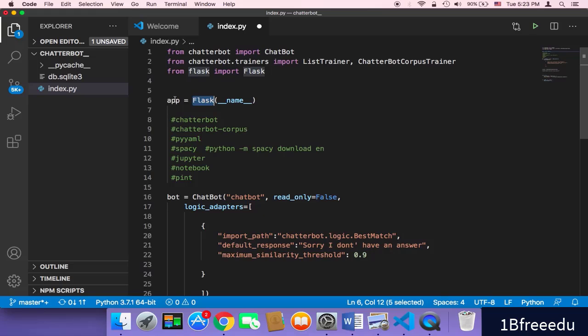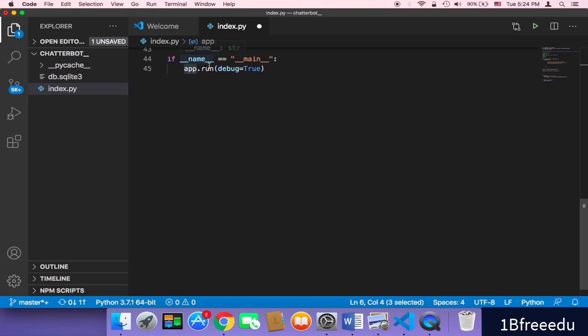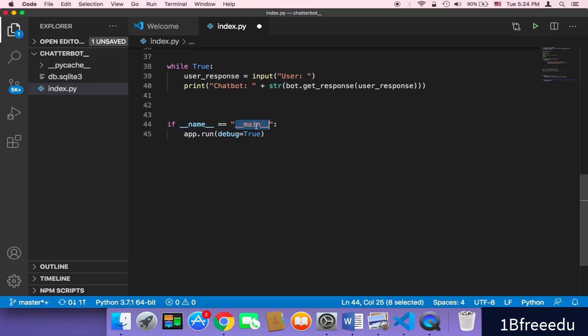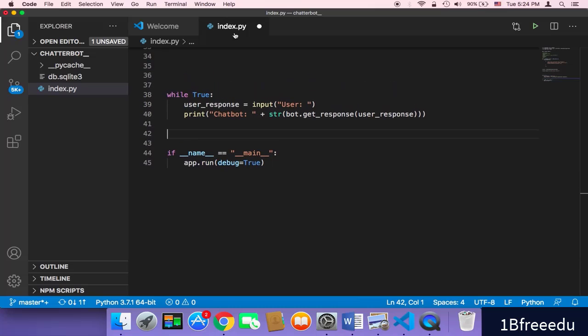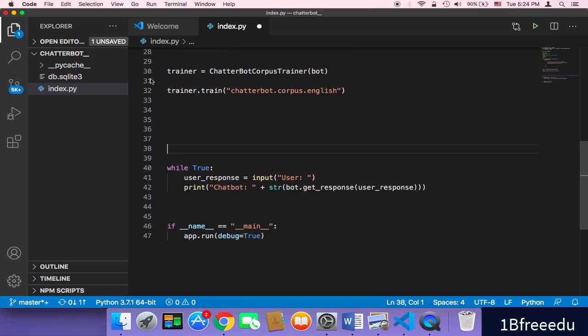And now that we have the Flask object and we have checked that the name is equal to main, and we have kind of executed our application, we need to create what's called a route, because in order to deploy our application on a web page, we need to use a route. What's a route? A route is just a URL. For example, we have Google, www.google.com and then /search. This is just a URL, and we need to create a URL like this in order to run our application on that